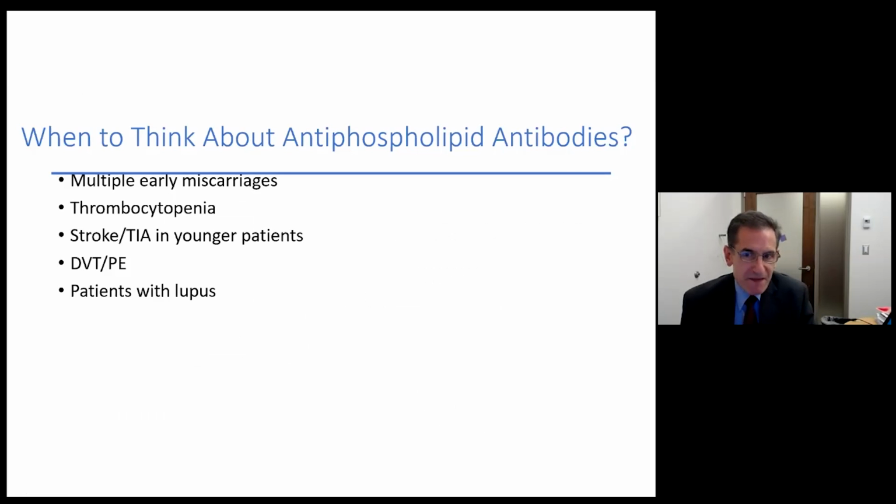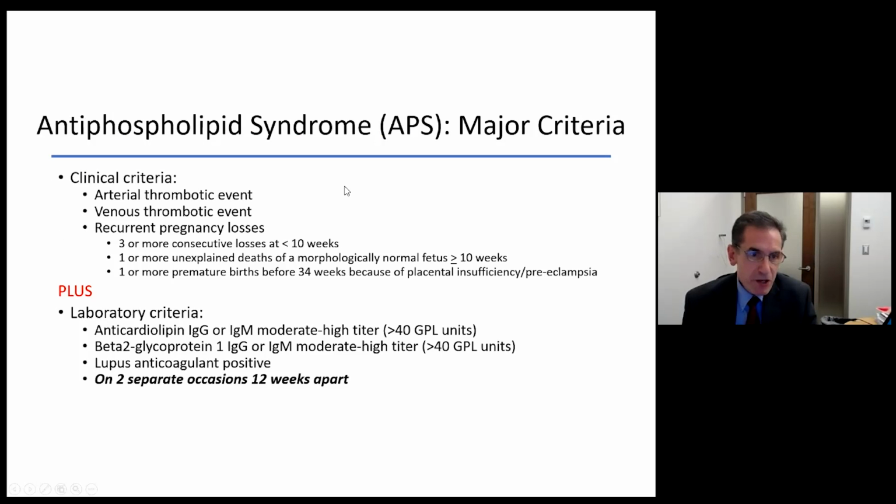In terms of antiphospholipid antibodies, the reason to check these is when patients have multiple early miscarriages, thrombocytopenia, stroke or TIA in a younger patient, DVT or PE that's unprovoked, and in patients with lupus. There are major and minor criteria. It's important to know that patients must have some sort of arterial or venous thrombotic event or recurrent pregnancy losses